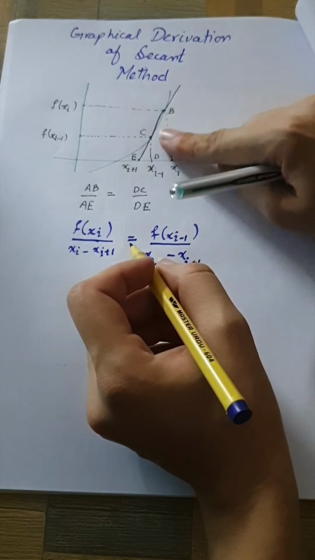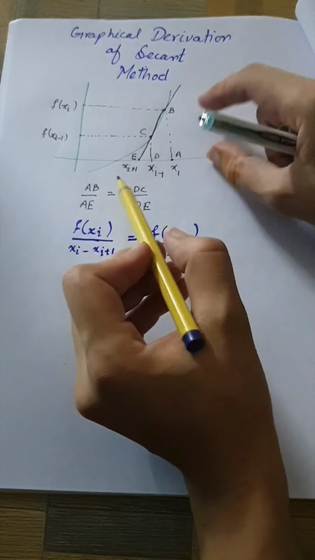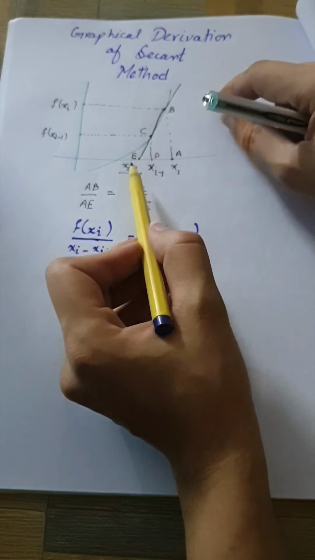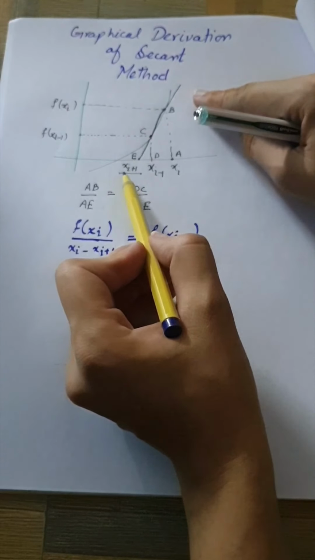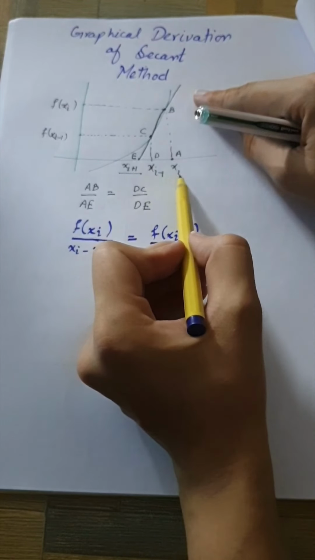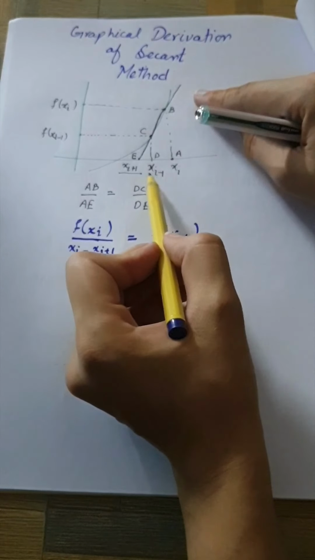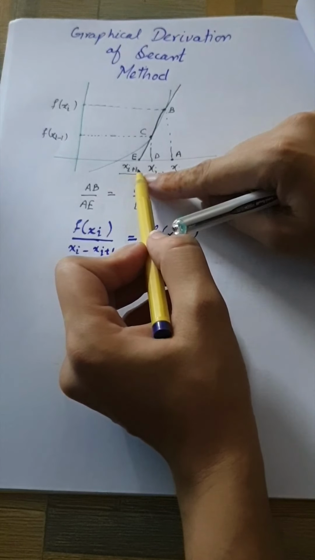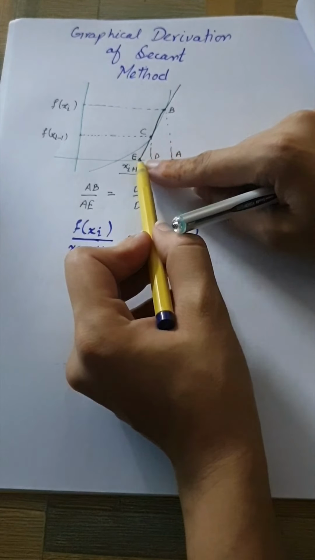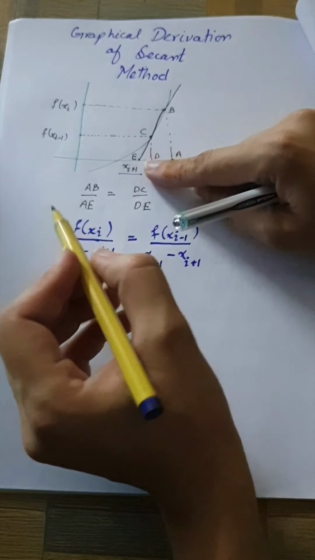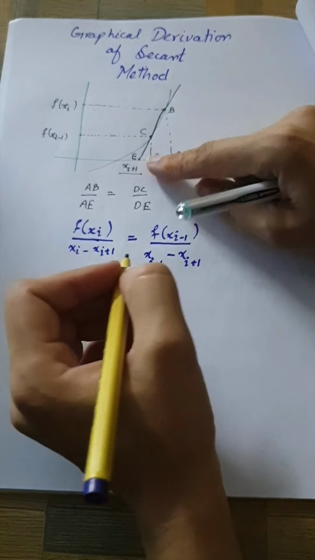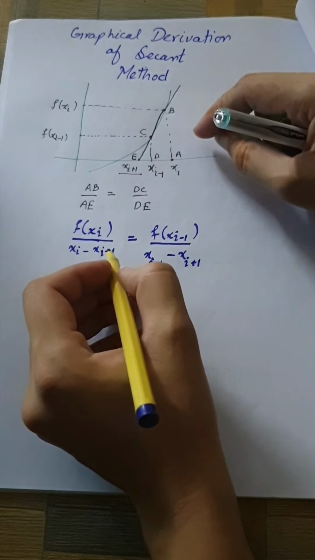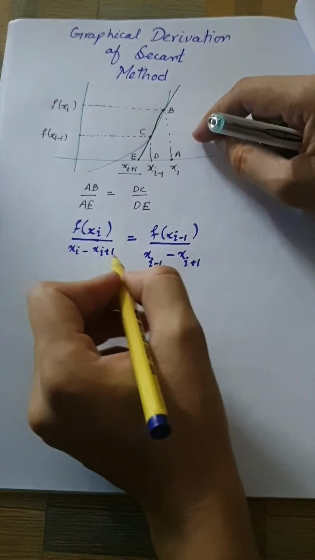Now from the picture or from the graph, we can clearly see that x of i plus 1 is our first approximation to the root using the secant method, while using the two initial guesses x of i and x of i minus 1. So we are interested in determining the value of x of i plus 1, keeping in mind that at this point the value of the function should be equal to 0. So let's just rearrange the terms and try to get the value of x of i plus 1. Let's just cross multiply them.